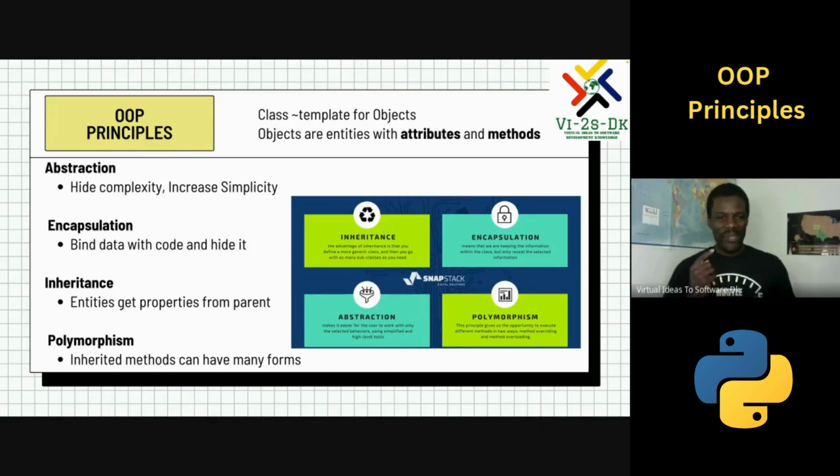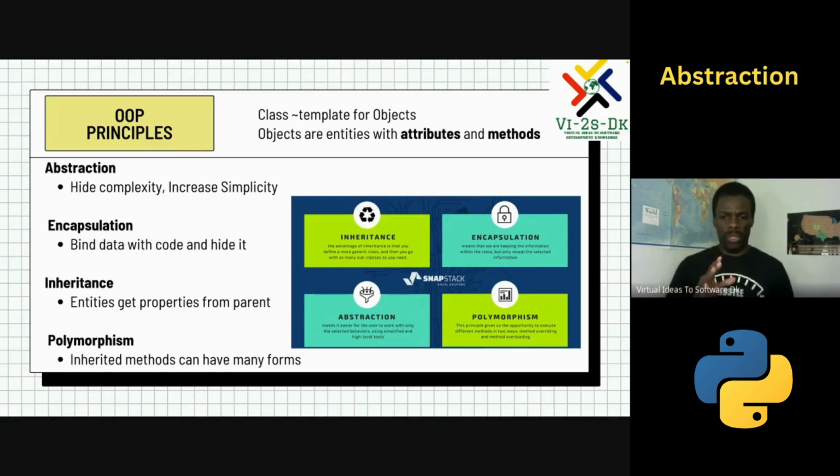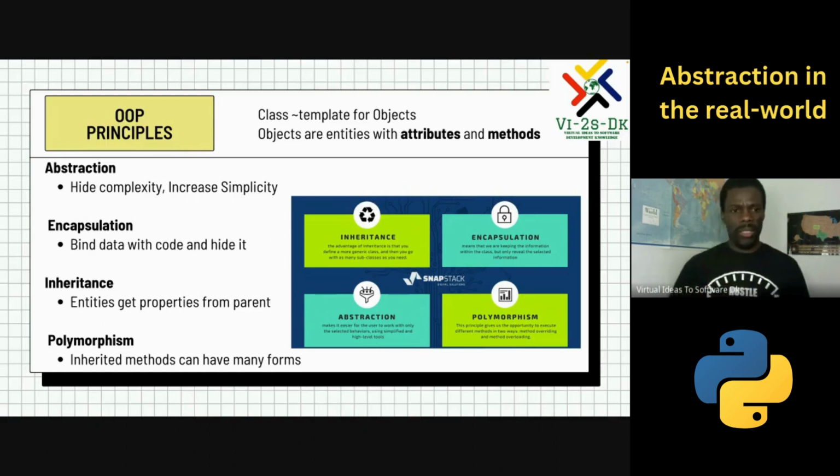No problem. So again, inheritance, just like us parents and children, when we say our class is made up of attributes and methods, sometimes you might want another class to be created, which is a subset of that main class. Maybe you don't want all the attributes to be inherited. You want only certain attributes. Then that will lead to inheritance. Polymorphism, again, just like we know from biology, you inherit the methods and it helps you to have different forms, right? So in order for me to talk about each of them in detail, let me start with